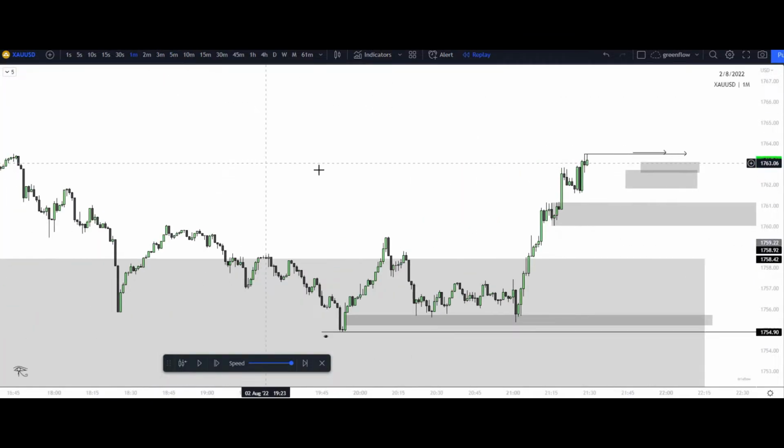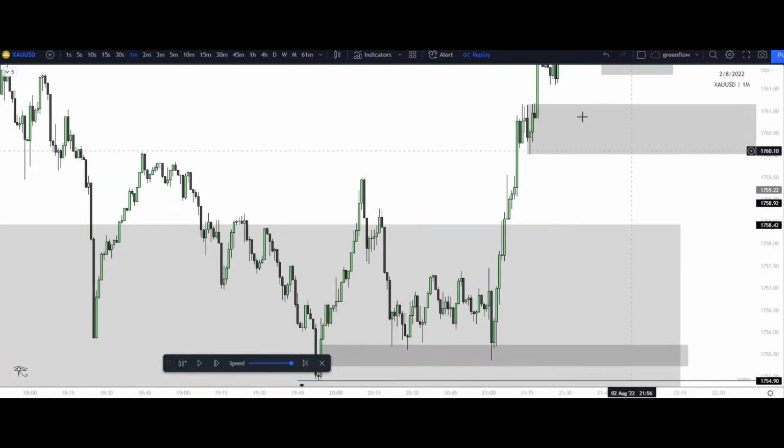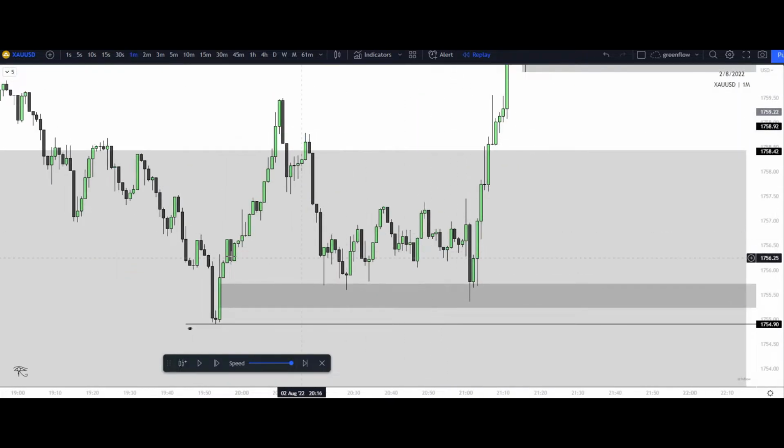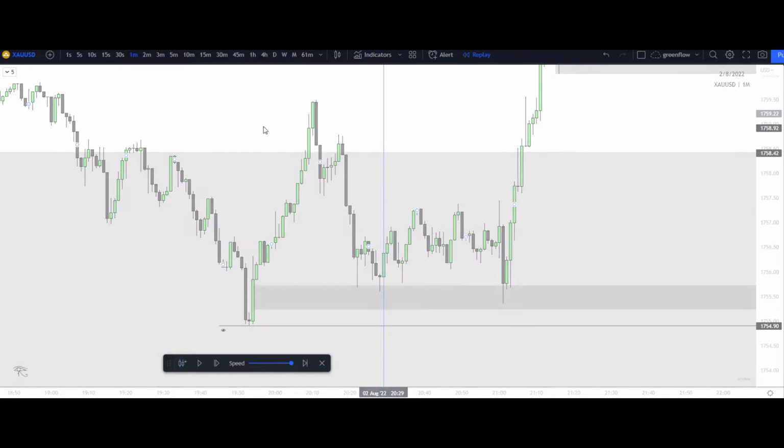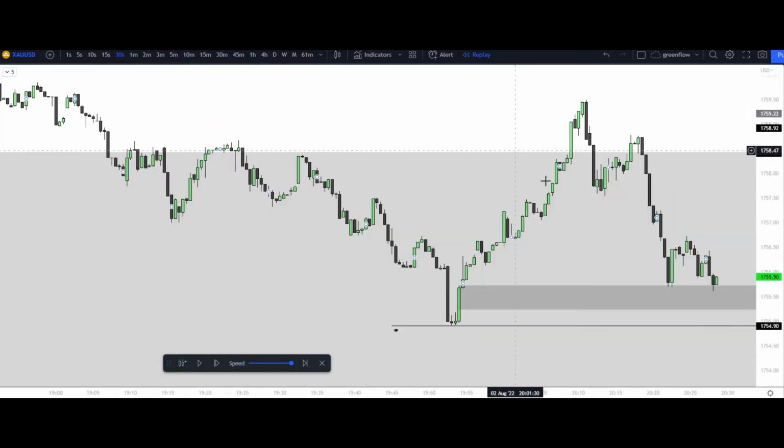Let's go ahead and look on lower time frames, see where it was refined to, how we could have refined this. We got the liquidation right here. Break of structure to the upside right here. This is your demand zone. We have a liquidation raid as well. If I go on the lower time frames, which unfortunately not all of you have the lower time frames,